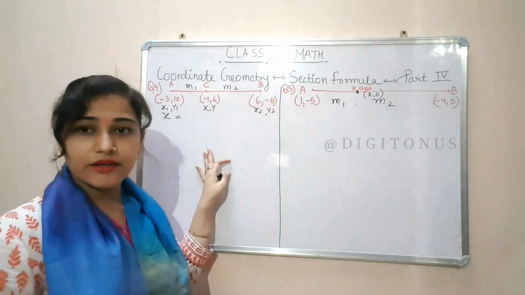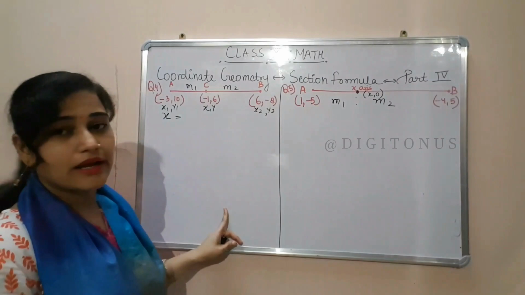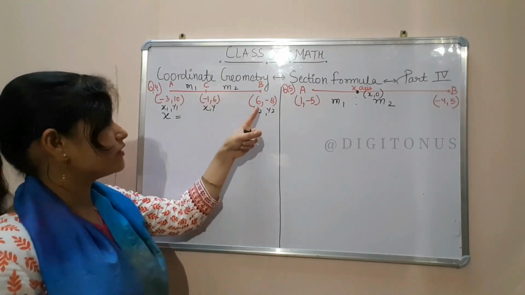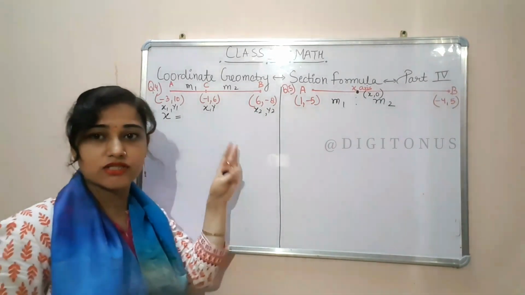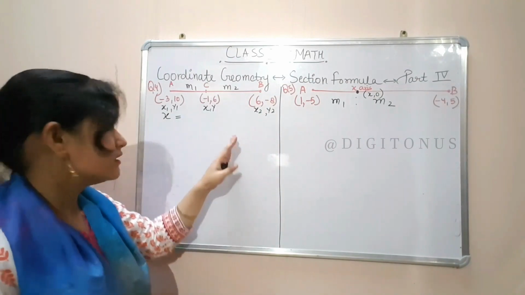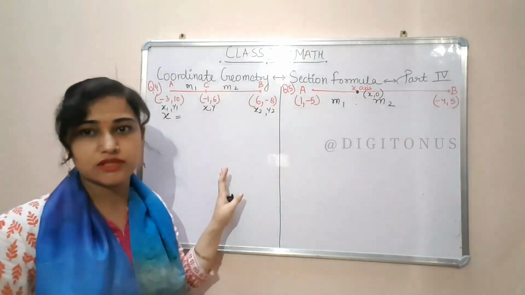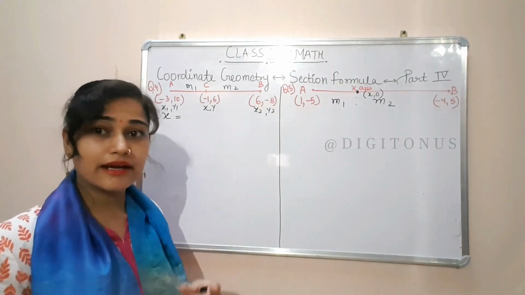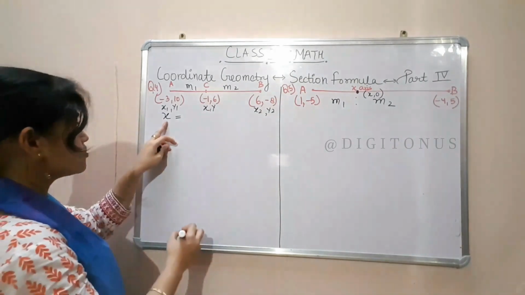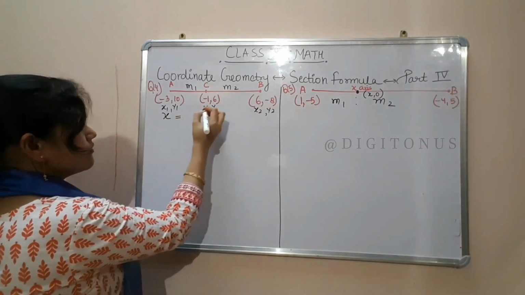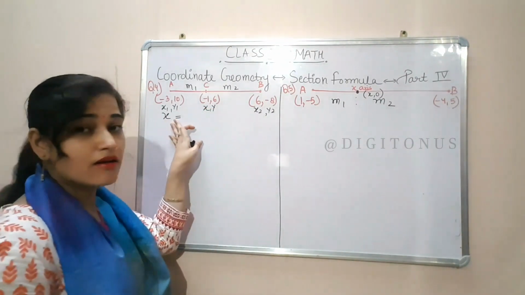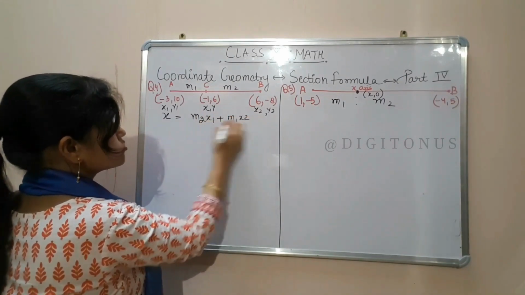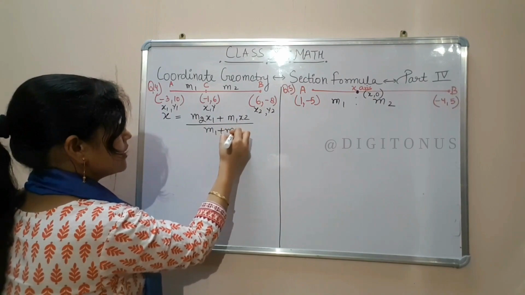First of all, let me clear you students that before applying the distance formula or section formula anything, first of all you should know that which one is x1, which one is x2, which one is x and which one is y. These things are very important in these questions because formula is very easy and you can put the values, but correct values you should know for that. Okay, so section formula for finding the value of x is m2 with x1 plus m1 with x2 divided by m1 plus m2.